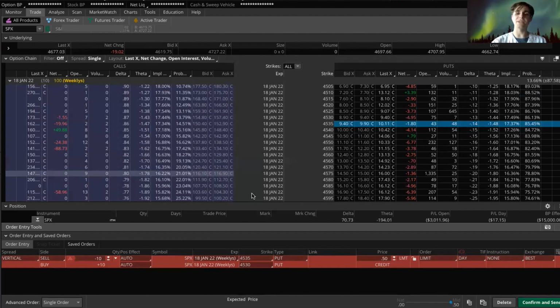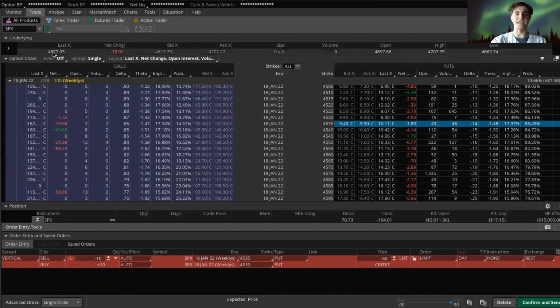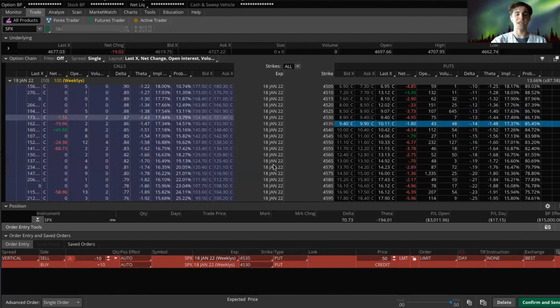So it's in that range. Now it doesn't have to be exactly 1.75 times. I think if you're at least 1.5 times outside the expected move, you're good. Of course, there's a little bit of volatility skew, and the close at the end of the day was really interesting. I think we dropped 15 points in the last 15 minutes or something. So just in that ballpark, it doesn't have to be perfect, but this 84, 85, 86% chance out of the money,